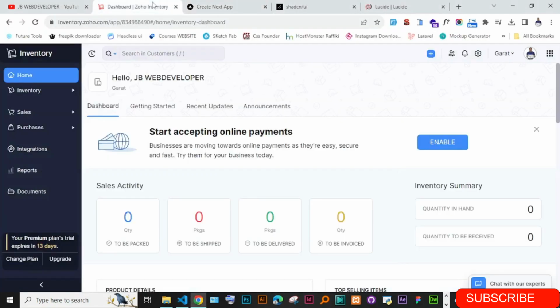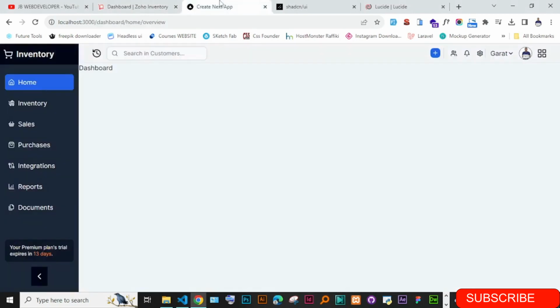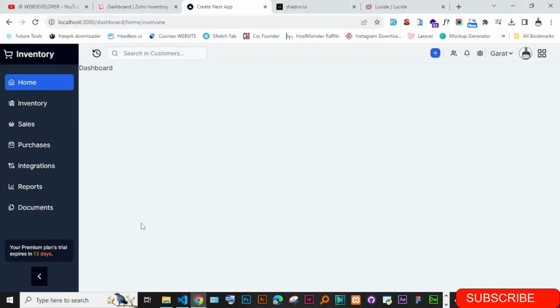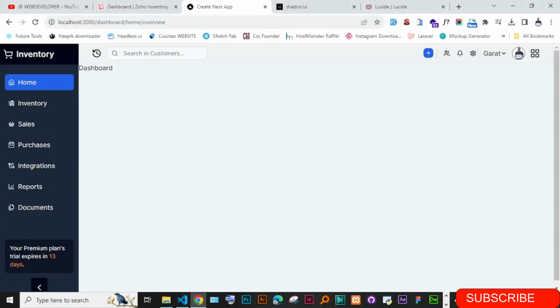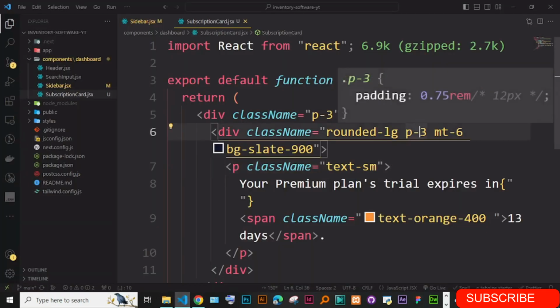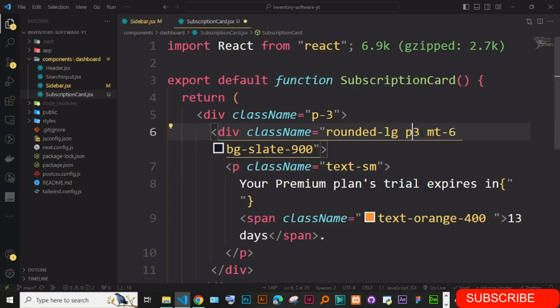Let me see this. I think just say SM. Let's see how that one turns out. Yeah, I think that one is okay. Maybe we just simply reduce this padding here. So just make this one to be